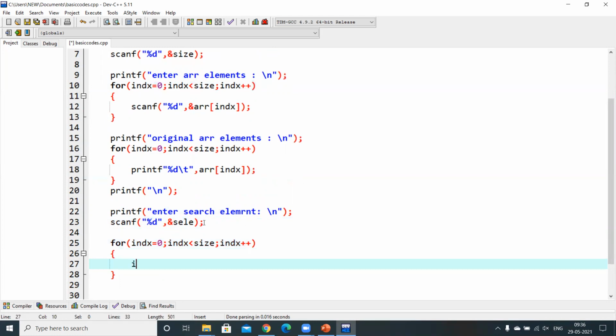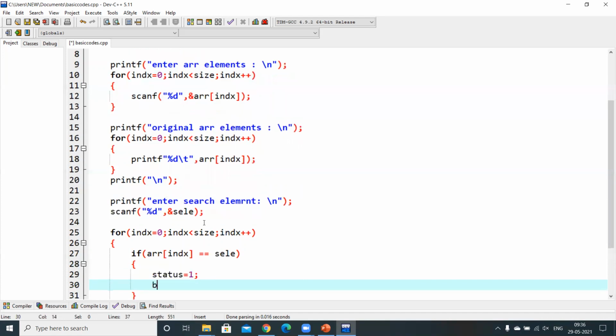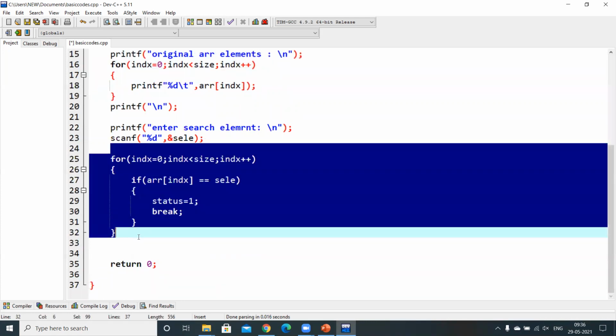I need to get the element, right? See, array of index means the element present at that index is equal to the search element or not. If the element present at that index is equal to the search element, then in that case, I will modify my status to 1 and I will quickly break my loop. Right? Status equal to 1 indicates a matching has been done.